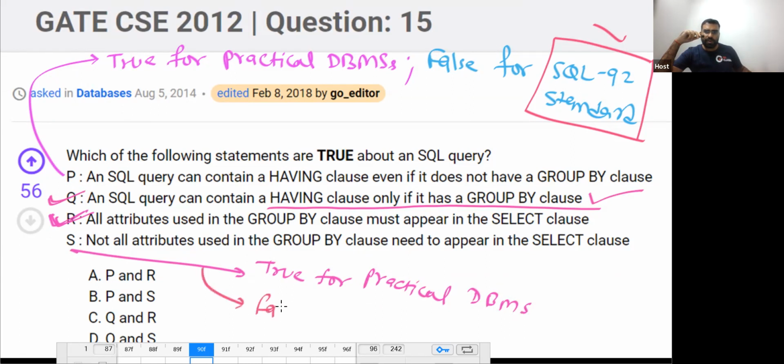But this statement is false for SQL 92. Again, SQL 92 standard, this statement is false. So you can notice this R and S, Q, R, these are true. So the answer will be option C. Is this clear? From the GATE exam point of view,